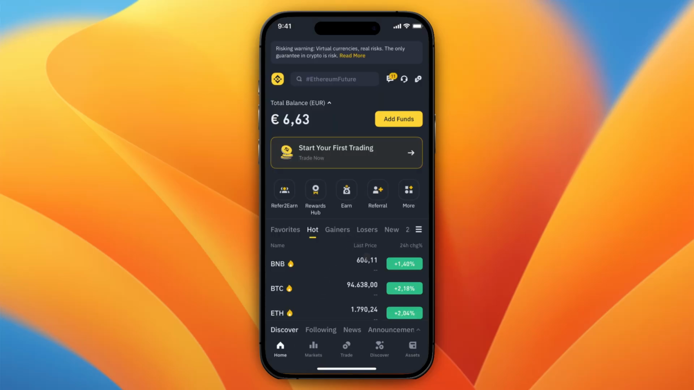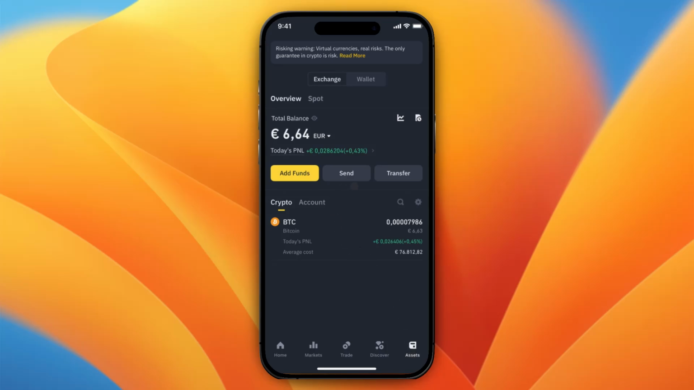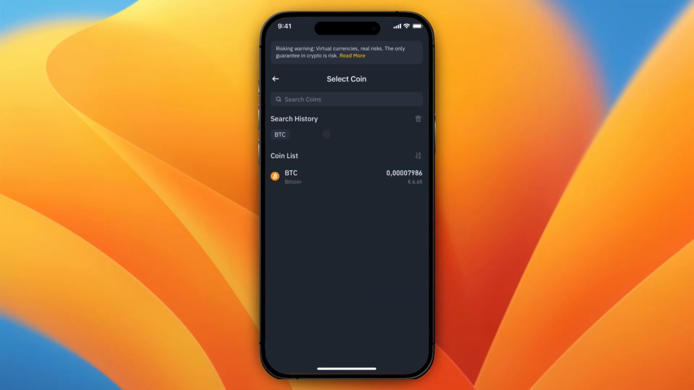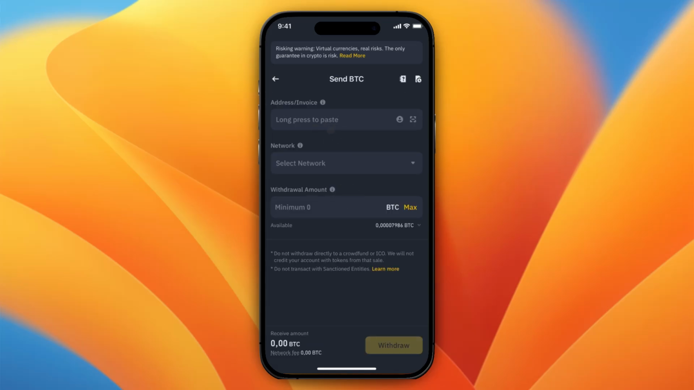Once you are in your Binance app, go ahead and click on the Assets tab all the way at the bottom right, and here you will find this option saying Send. So let's go ahead and click on this, and now we need to select the withdrawal method. And we are going to select the on-chain withdrawal method because we're transferring to another wallet, and that is Phantom Wallet. So now you need to select the asset that you're transferring, so go ahead and select your crypto that you want to transfer. I'm doing it with Bitcoin, so I select BTC, and in here I need to fill